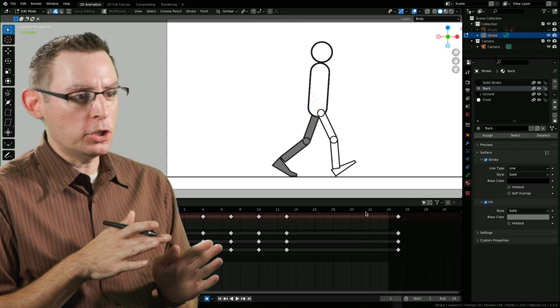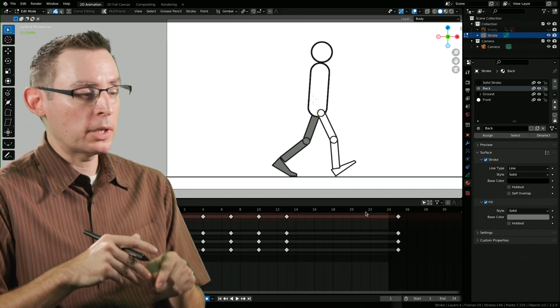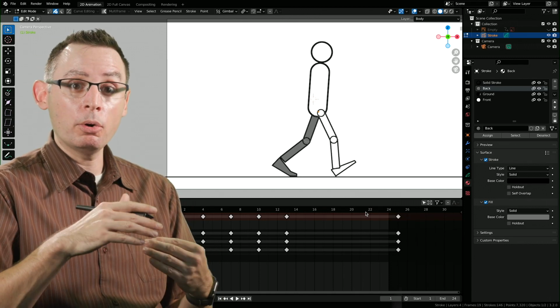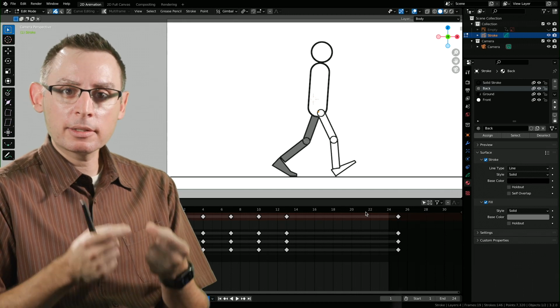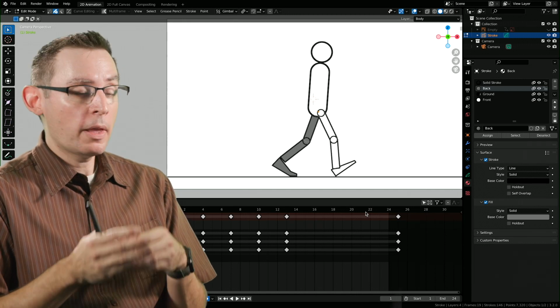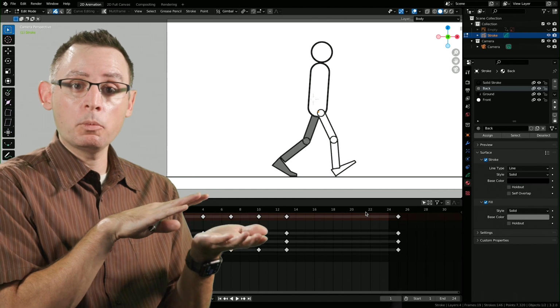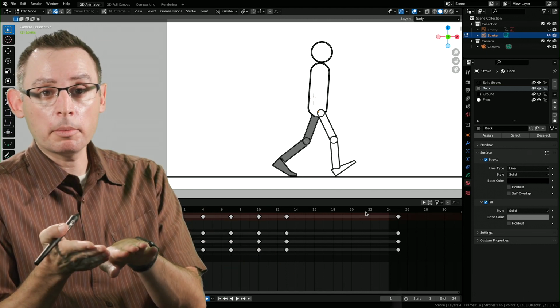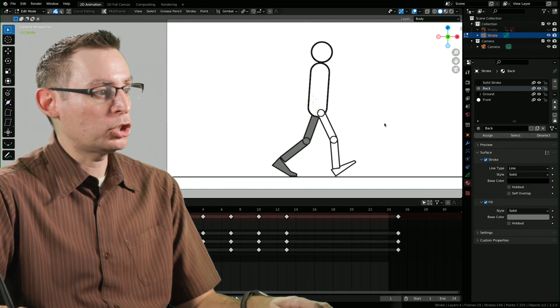Now, I think what I'm going to do is identical to what I did with the arms. I'm going to break the legs out onto their own animation layers. That way I can test, isolate, and be very, very sure that the poses that I'm copying from one part of the body are correctly being applied to another. It's going to go pretty fast. Let's do it real fast.